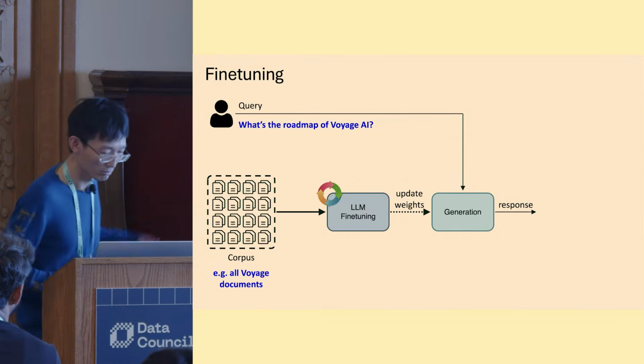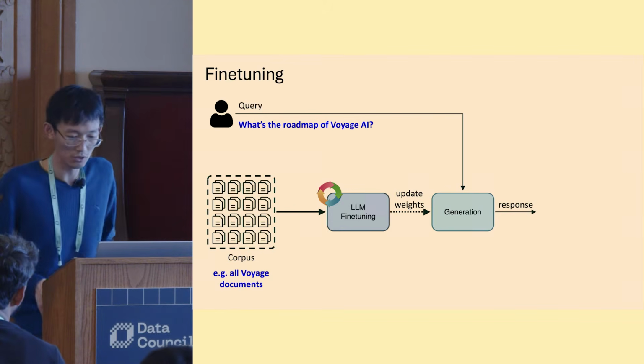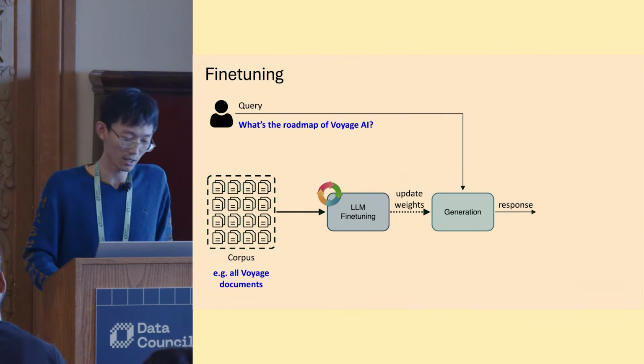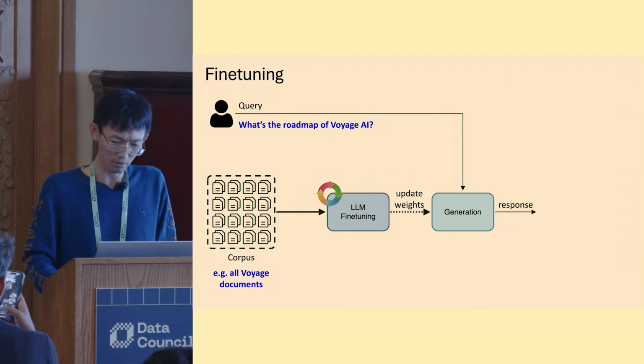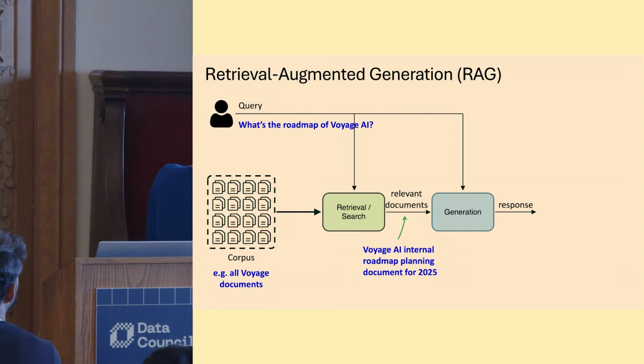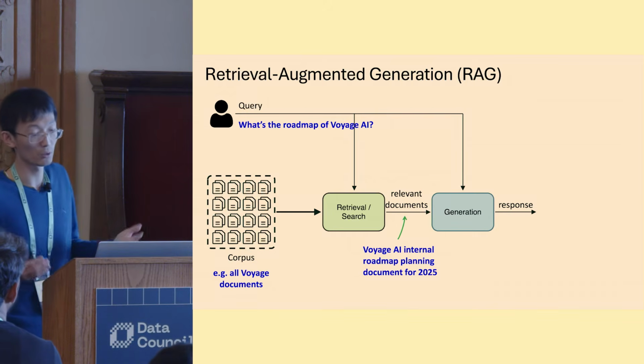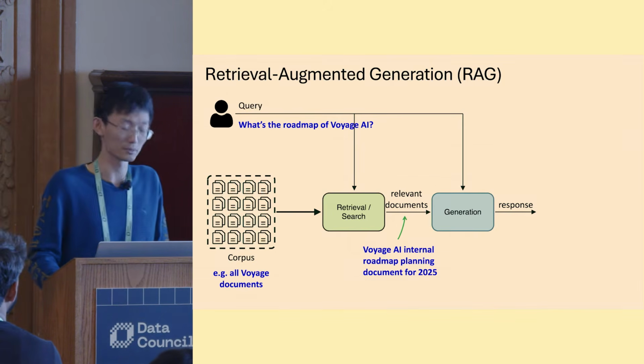Fine-tuning means that you first fine-tune the large language model with the corpus and update the weights, then use the fine-tuned weights and keep asking questions without any additional use of the corpus. And RAG means that you do a retrieval search step given a query. It's important that the query is part of the search, right? Given a query, you search for relevant documents, and then you send these relevant documents to a large language model together with the query, and you get the answer.